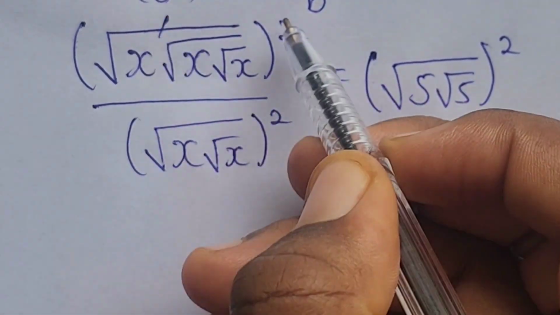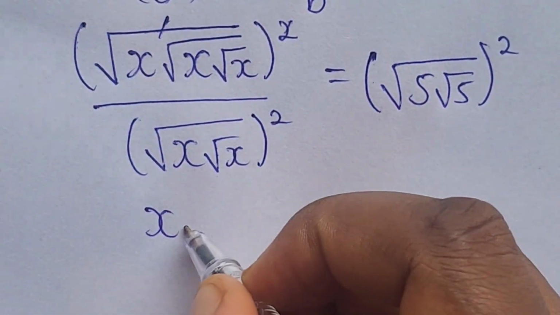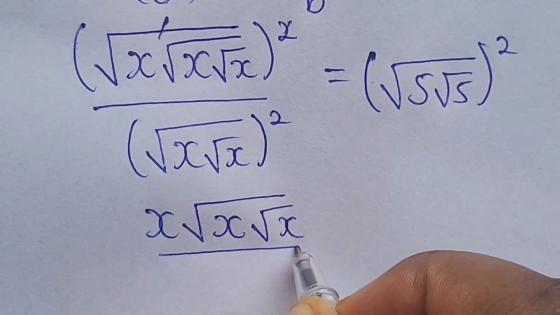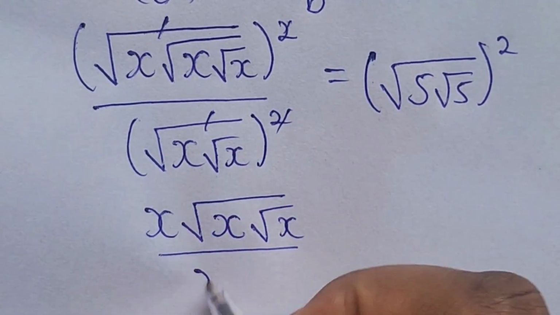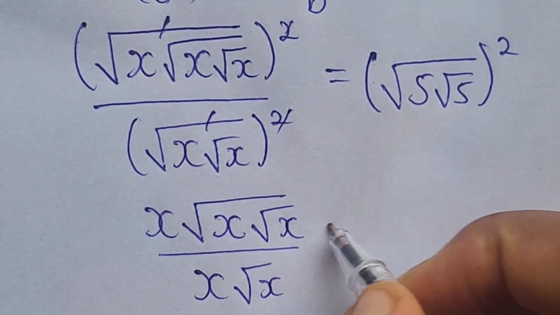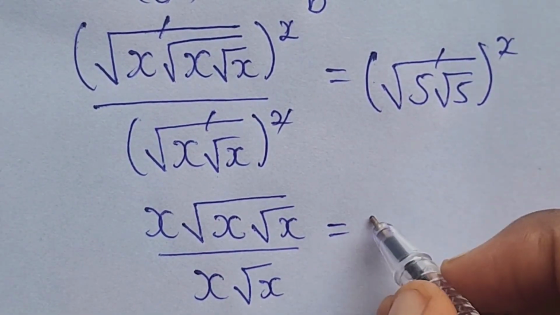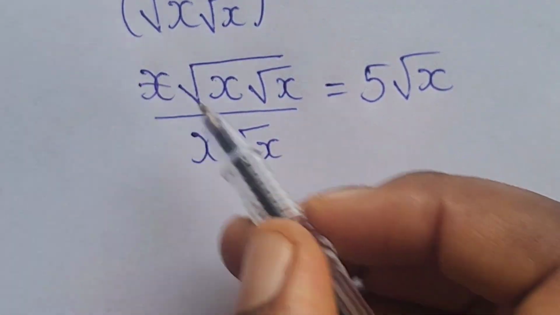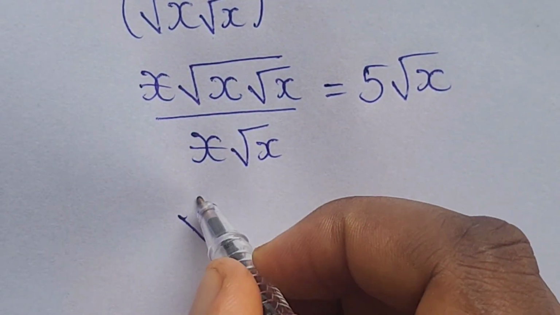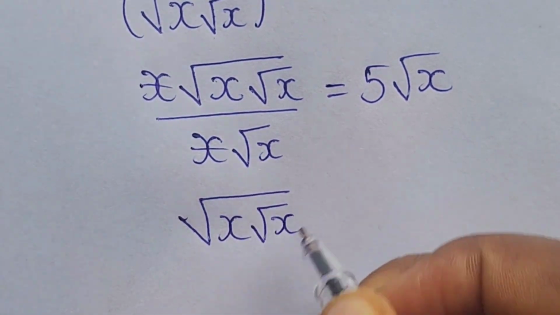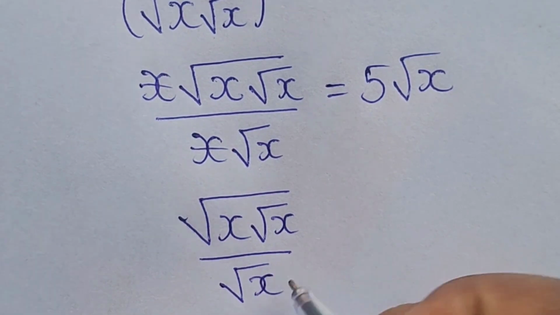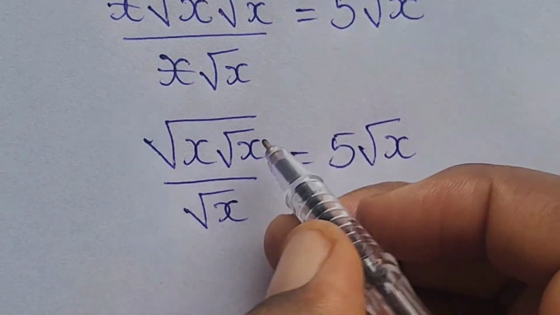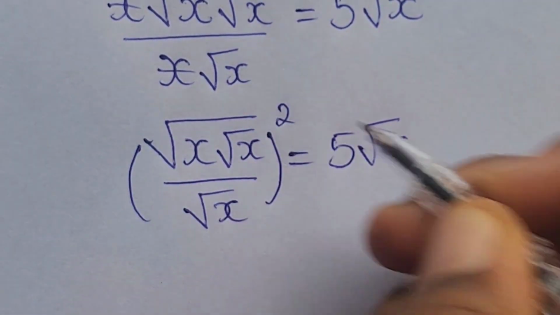So from here, this cancels out this, we are left with x times root x all over, this will cancel out. We have x root x to be equal to, when this cancels out, we have 5 root x. So from here, x here will cancel this x. We are left with the square root of x root x all over root x to be equal to 5 root x. So we'll further square both sides